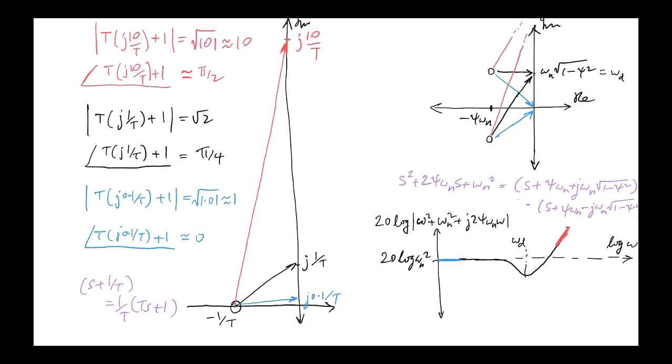All right, so you can see here that for small omega, small frequencies, okay, we get a magnitude of this vector will be 1 on t times t is 1. Okay, and that's what we're getting here. Right, and this is just a complex number. Right, those t's cancel, you're left with j.1 plus 1, so the magnitude of that will be the square root of 0.1 squared plus 1 squared, which is the square root of 1.01, which is approximately equal to 1. And as we continue to increase omega up here, the length of that vector only ranges from size 1 up to something of size root 2, which is 1 point something, right? So it's not much bigger than 1,